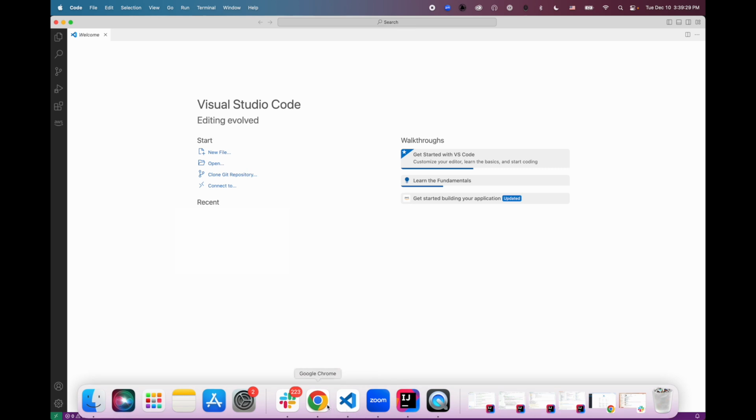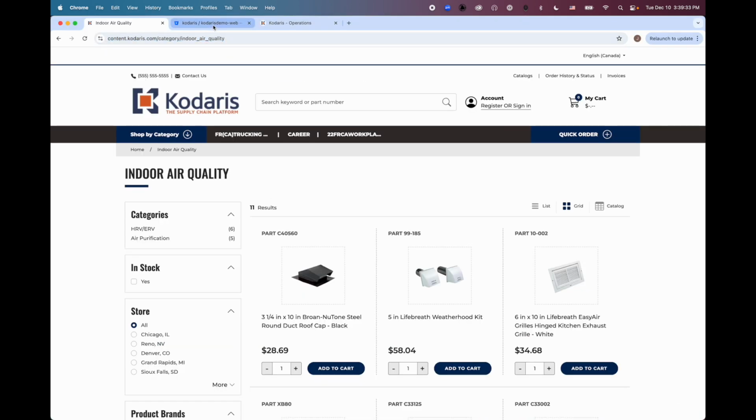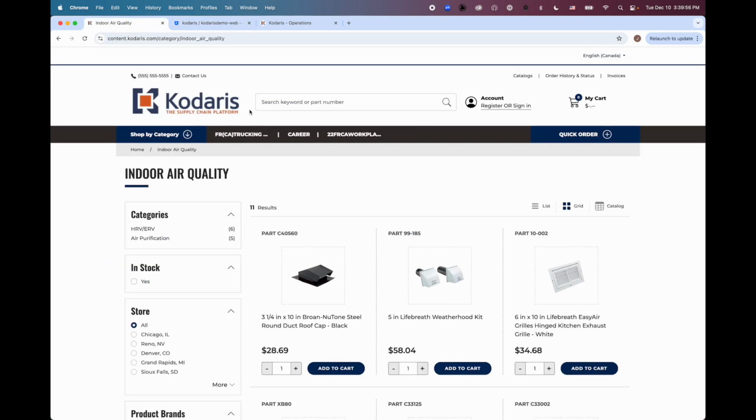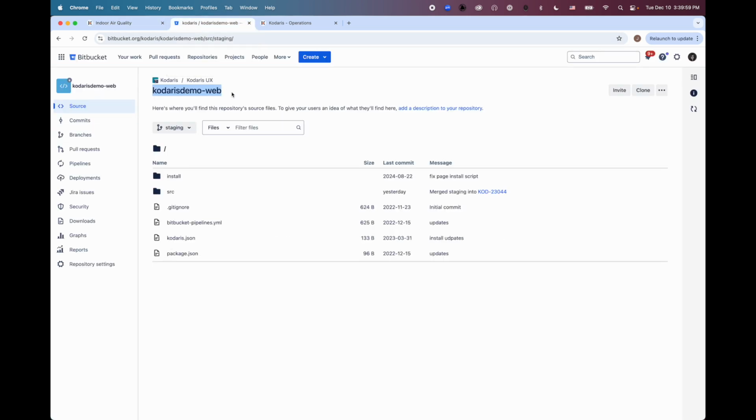And then what you want to do next, make sure you have access to the code repository for your Codeiros website. Either you will have created one if you have one custom, or you'll have one already provided by Codeiros and already have access to the one that Codeiros has provided for you. In this case, the code repository that is being used on this website is the Codeiros Demo Web repository hosted in Bitbucket here. And what we'll want to do first is clone this repository.